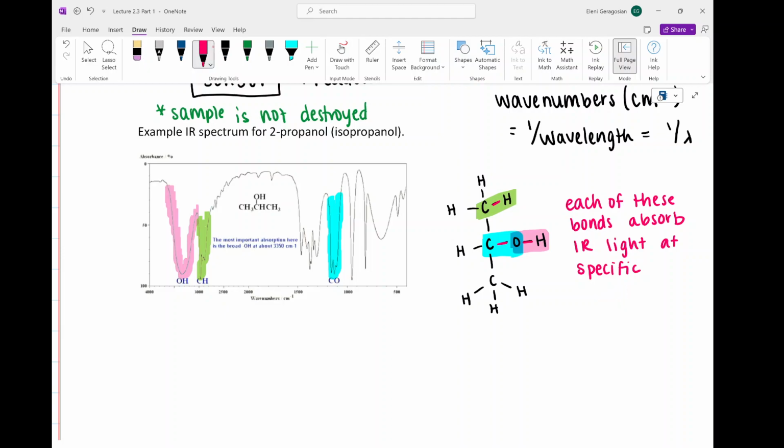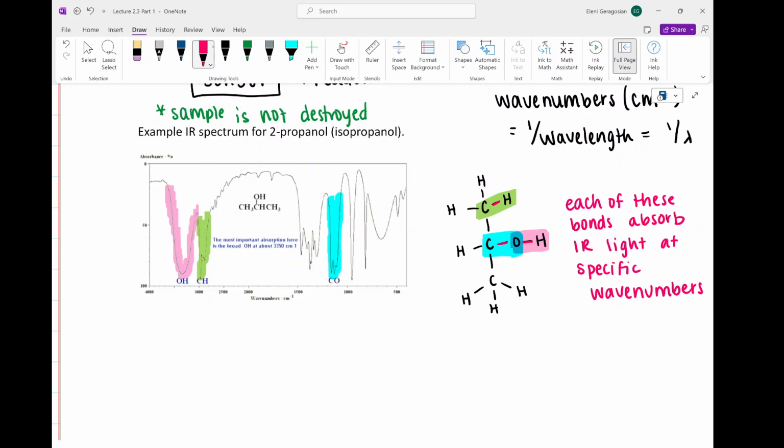We'll say at specific wave numbers. That's what we're using to describe the energy. And so they show up as different peaks. Now you can see there are other peaks in the spectrum, and we'll talk about this in a moment. Some locations of peaks are more informative than others